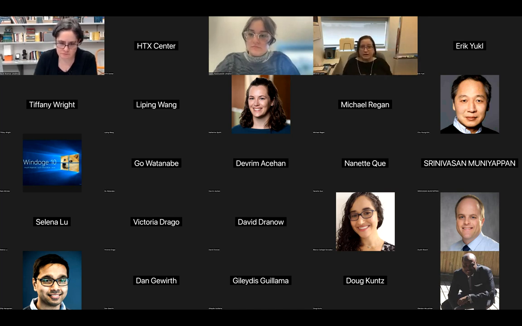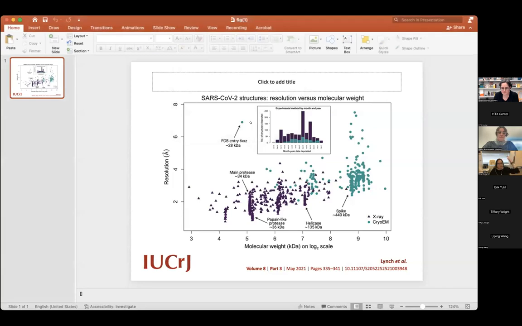For the very large SARS proteins like the spike, those were done essentially exclusively with cryo-EM structures,